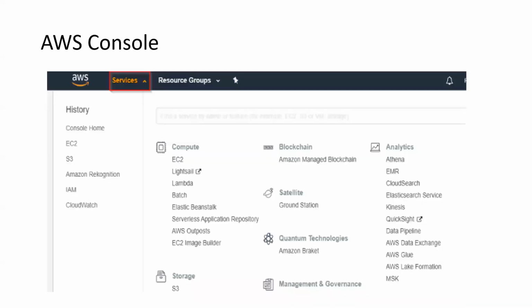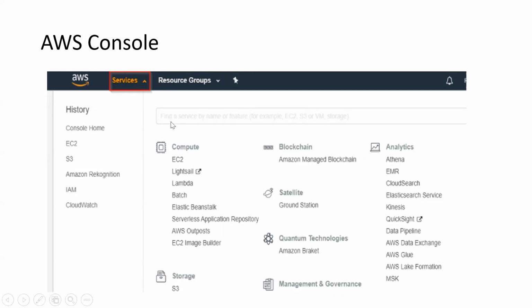The next slide: at the top in the black portion, you can see Services. If you click on it, it shows what different kinds of services AWS can help us with, like compute services, blockchain services, analytics services, quantum technologies, storage services, and satellite services.